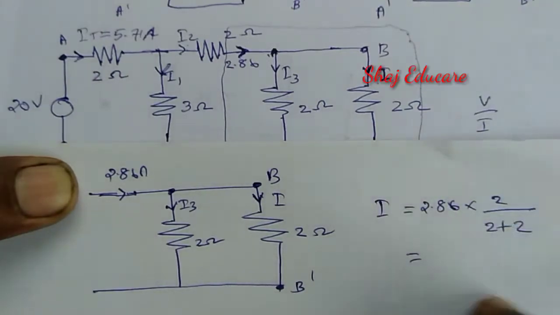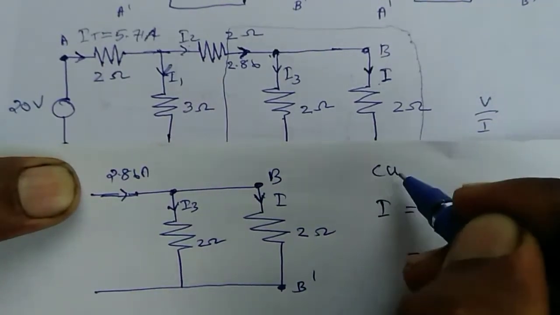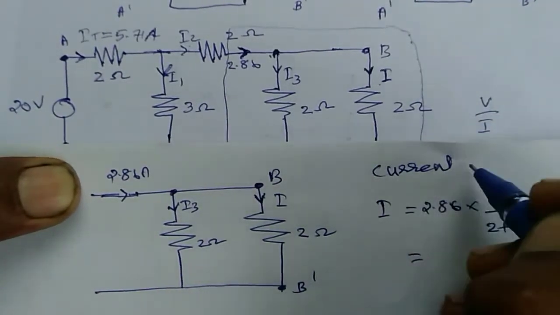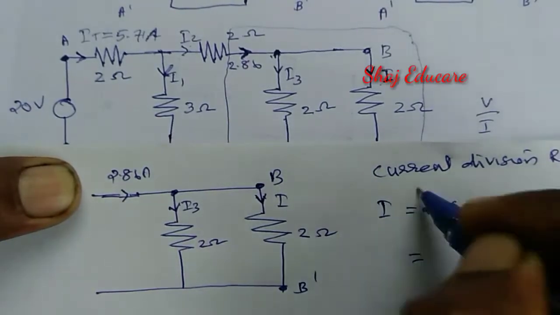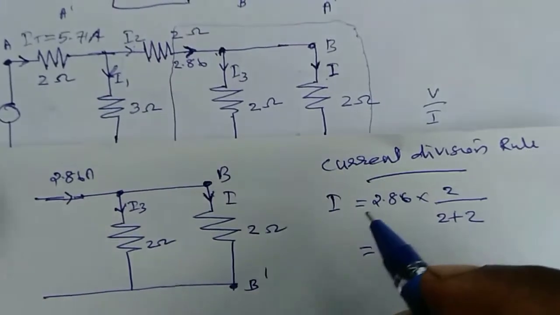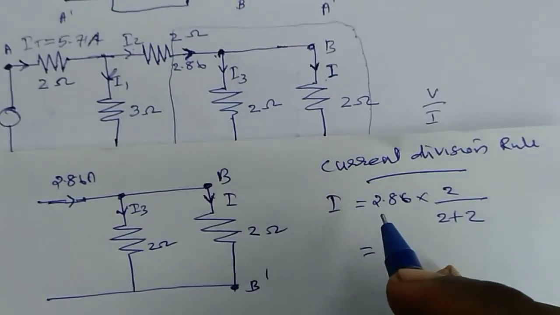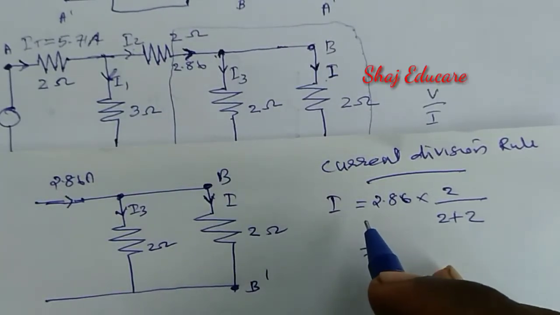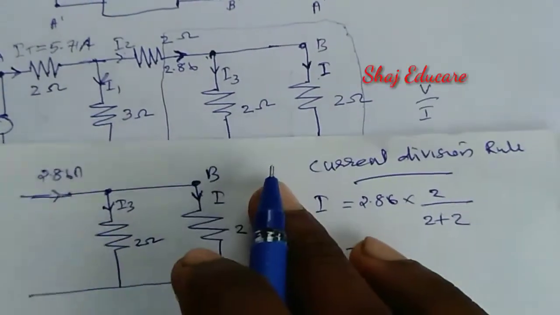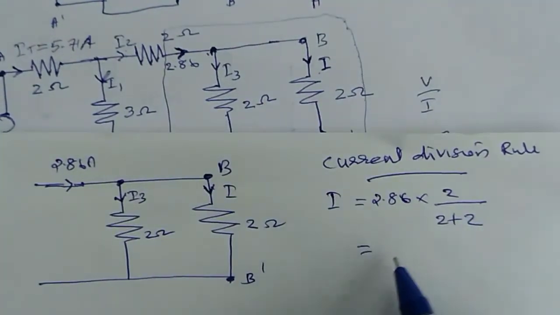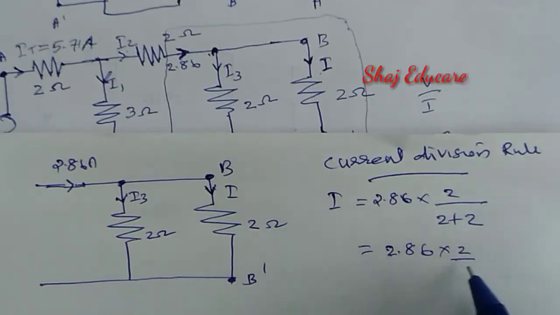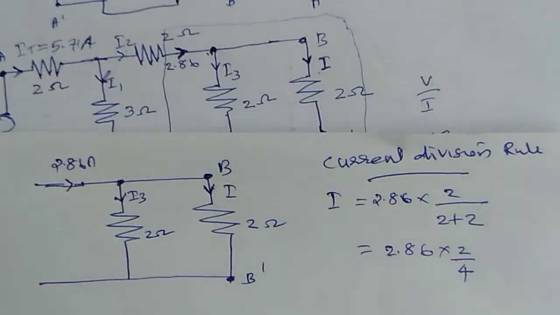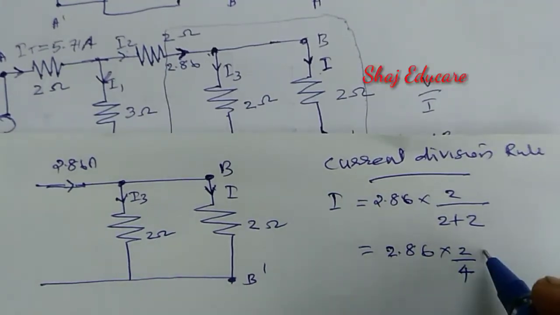This is the current division rule, which is described in one of my previous videos, so please go through that. Here what we are getting is 2.86 into 2 divided by 4, and the result will be 1.43